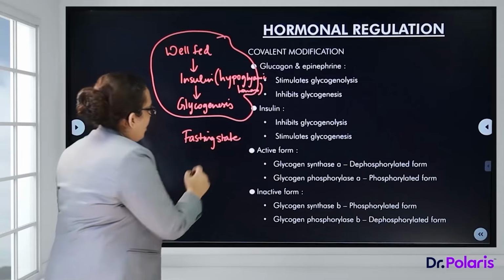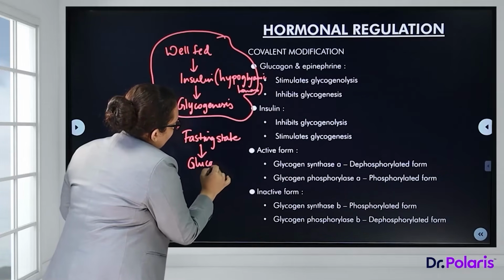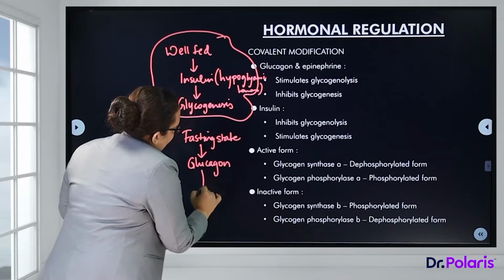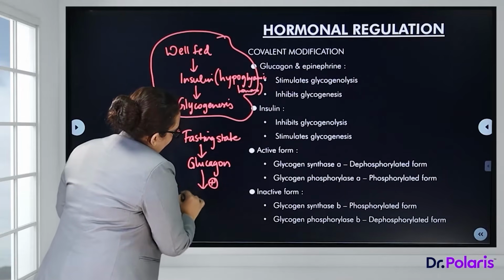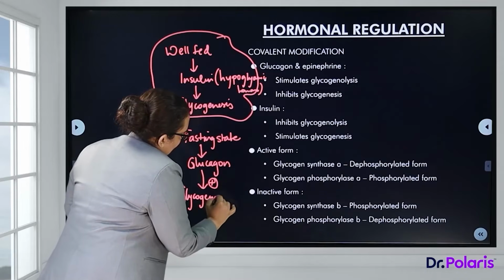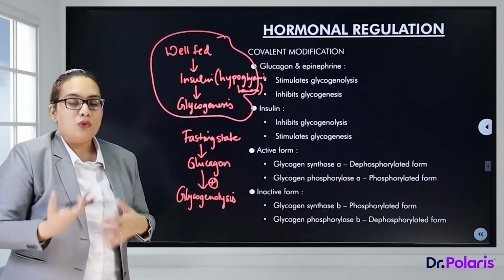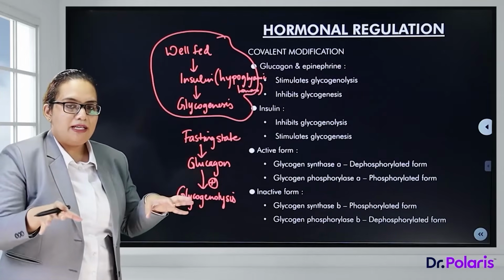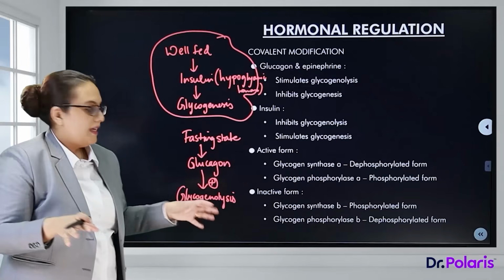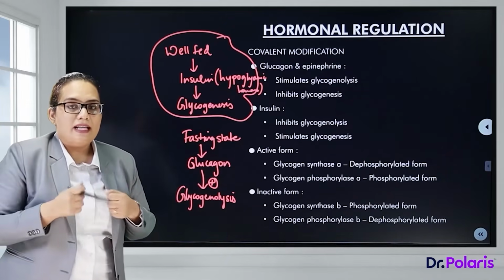So those two hormones, hyperglycemic hormones, I'll just write glucagon over here, stimulate glycogenolysis. So that glycogen is broken down and then glucose is formed, and that can help maintain the blood glucose level. In case of epinephrine, which is secreted in fear or fright, you start running, especially when you